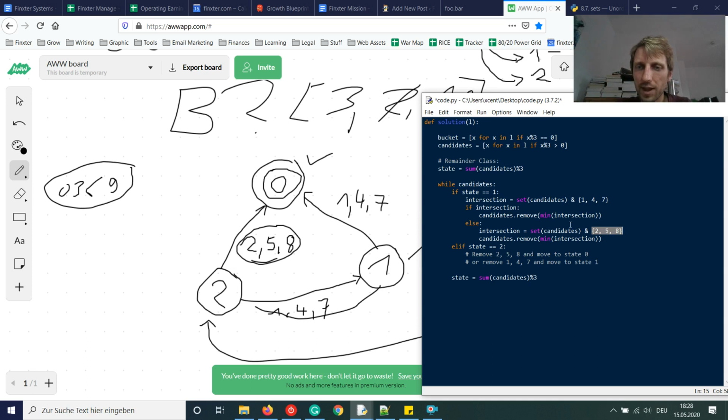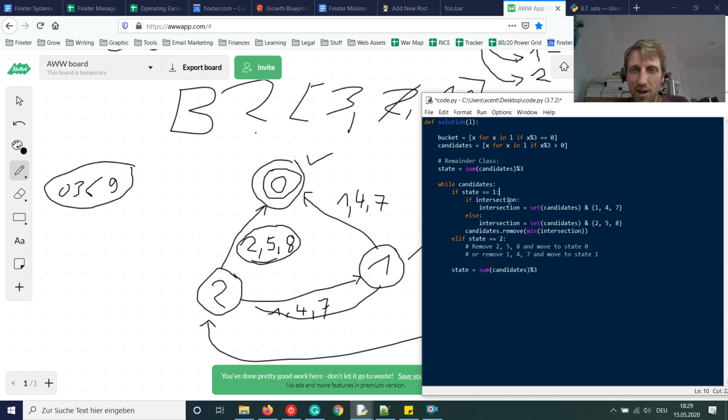And now you can already see that in both branches we execute this code. So basically we could use this code only once. We remove the minimum from the intersection, and in the branch we simply calculate the intersection. So now we take this one and move it here. So now our code becomes prettier and prettier. Okay, so if you are in state 1, then